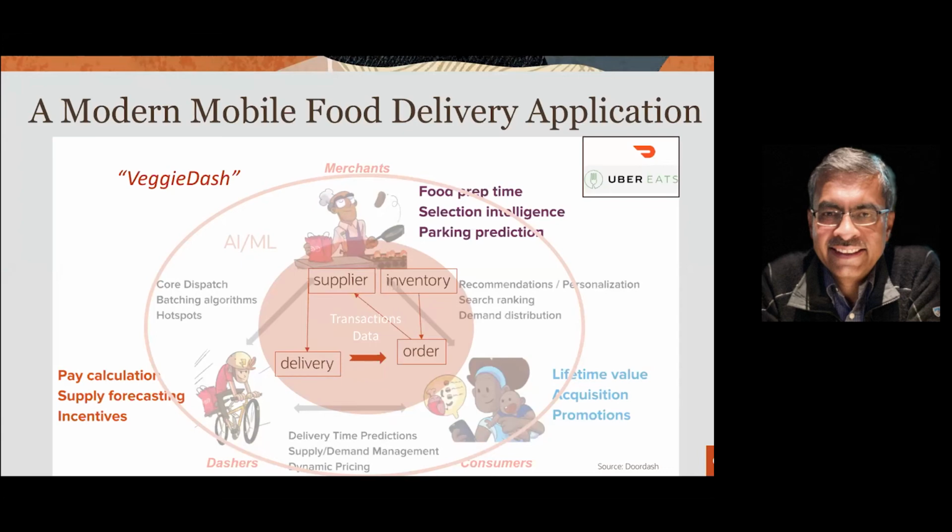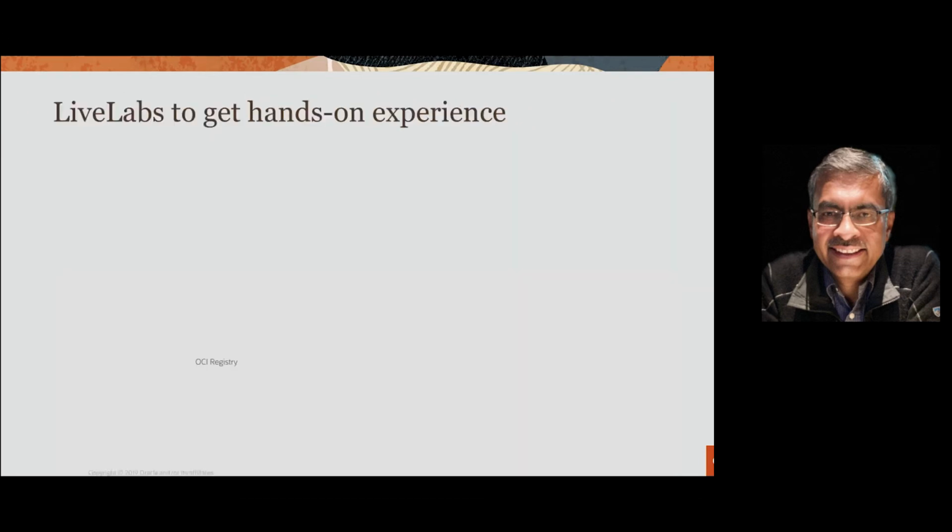So this is again an example which illustrates that at the core, there are some transactions happening, right? There's an order service, there's an inventory service, there is a delivery service, right? So all these services, and of course, around the edges of it, you start seeing there's a lot of AI, ML, there's data-driven aspects that somebody wants to build, right? So again, it's a rich set of things that illustrates the aspects of building microservices on the Converged Database, right?